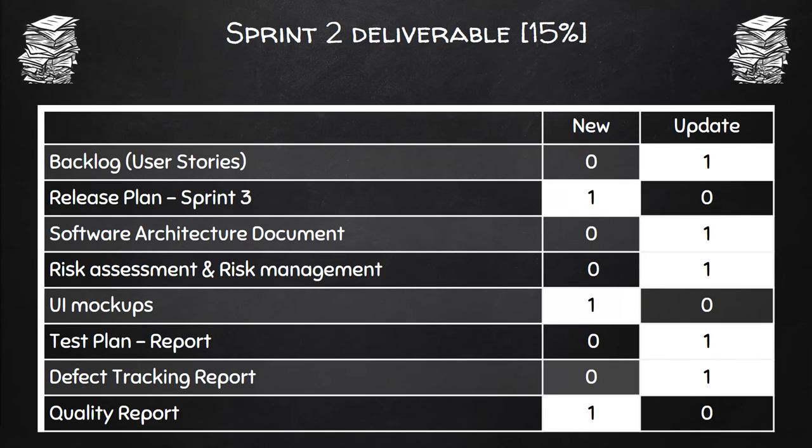In the next sprint, the only new parts are going to be the quality report. Everything else, when it says new for a release plan, is because you're creating a new one, and for the mockups also you're still creating some new mockups. And the quality report is basically,